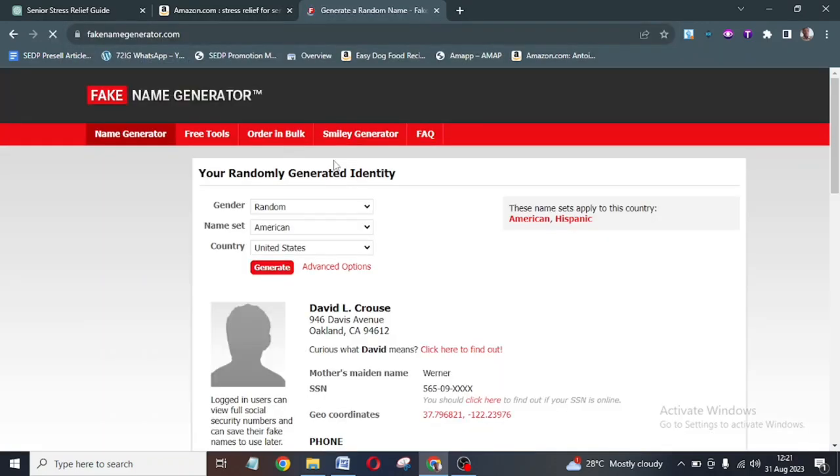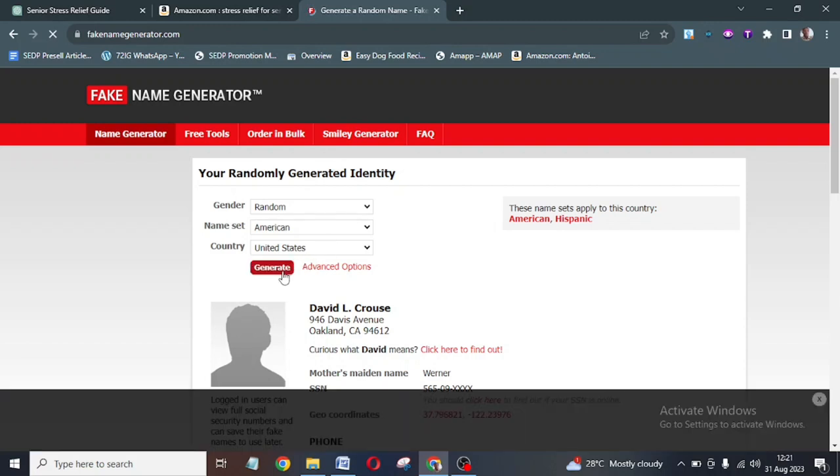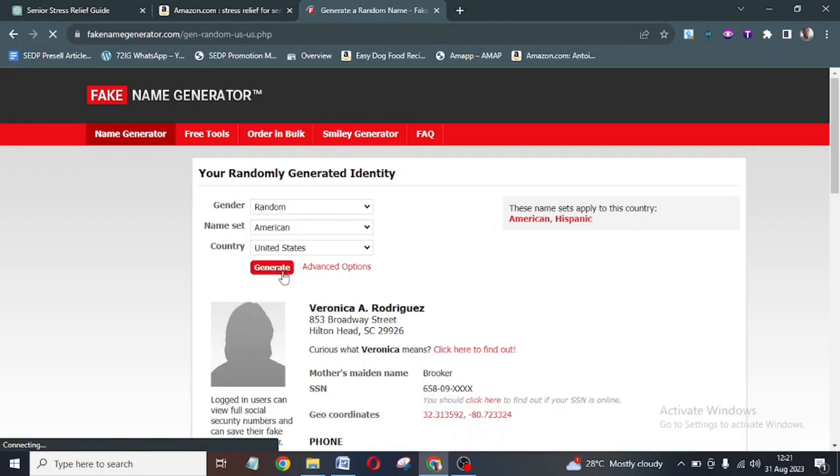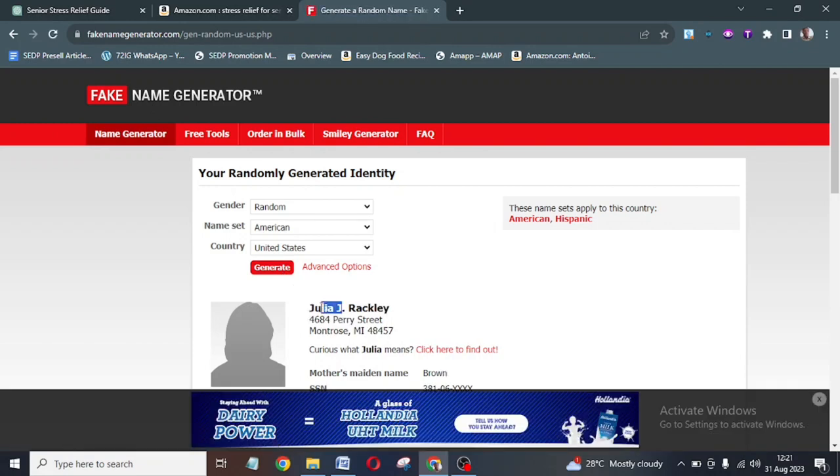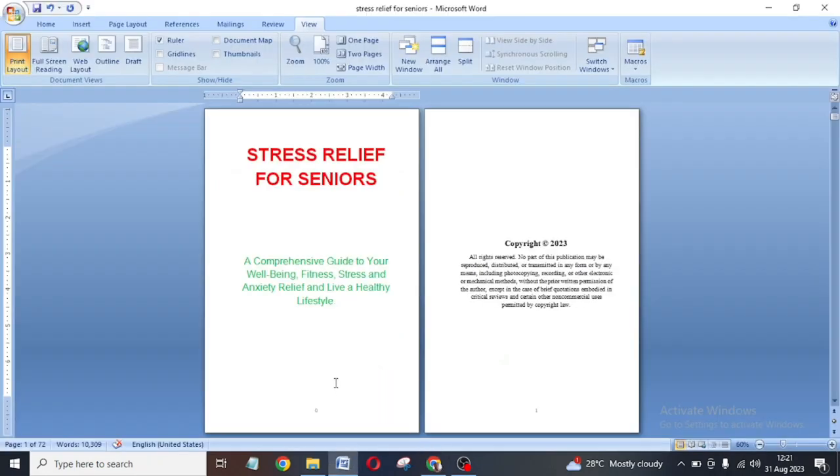This website will generate random names for you. You can see, and you use anyone you like. Generate a random name and use anyone you like. So this is Julia. I want to use this Julia. I will come here, paste it here, Julia,